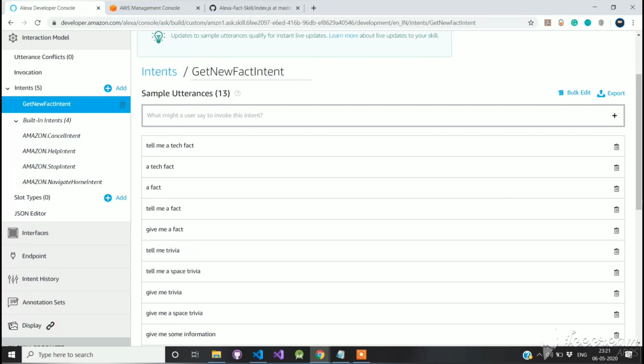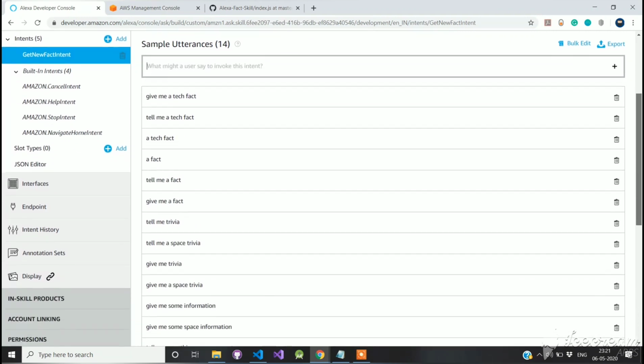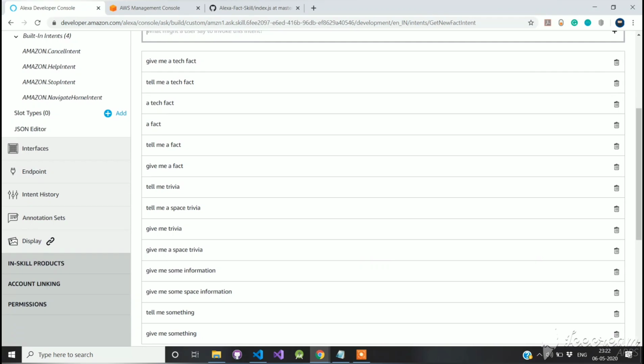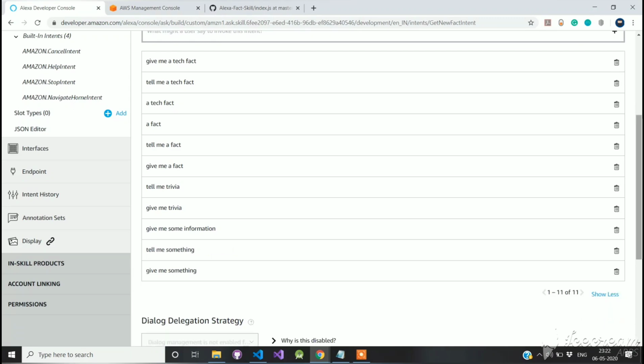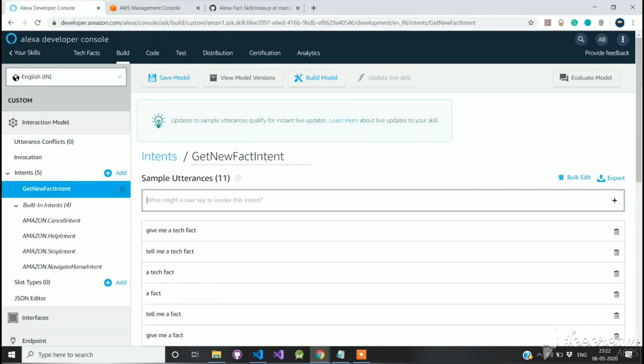It's better to add at least 10 sample utterances. Given the flexibility and variation of spoken language in the real world, there will often be many different ways to express the same request. I'm going to add at least 14 sample utterances in this skill.